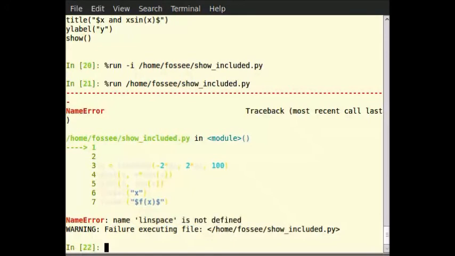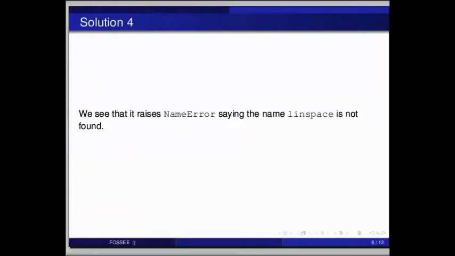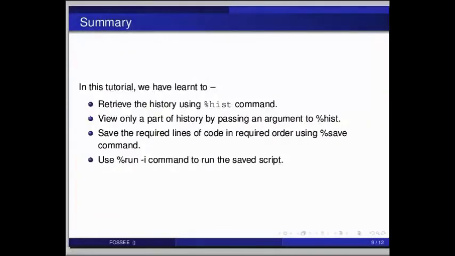So this brings us to the end of this tutorial. In this tutorial, we have learned to retrieve the history using the %hist command, then view only a part of the history by passing an argument to the %hist command, then save the required lines of code in the required order using the %save command, then use the %run -i command to run the saved script.